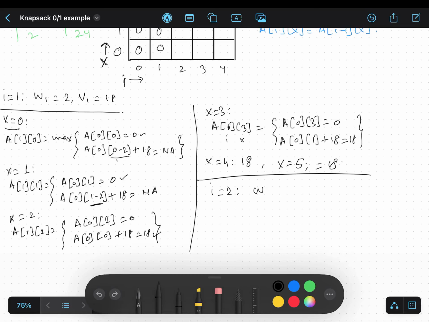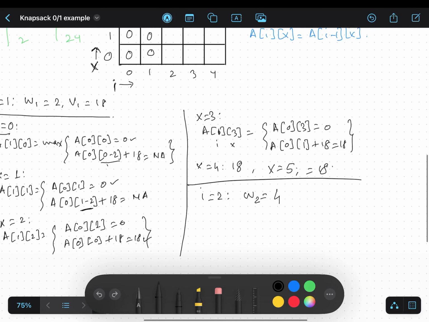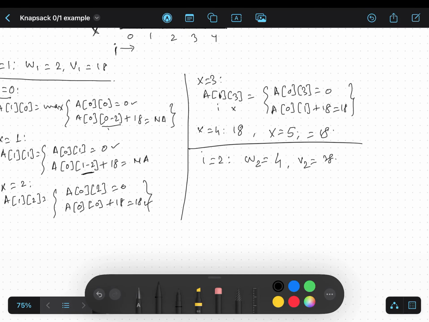W1, W2 is going to be 4. Now we are taking this, and V2 is 28. Let's calculate for